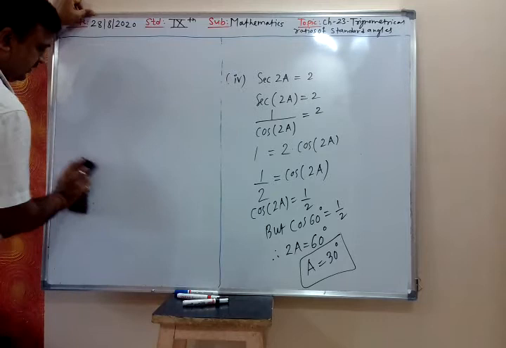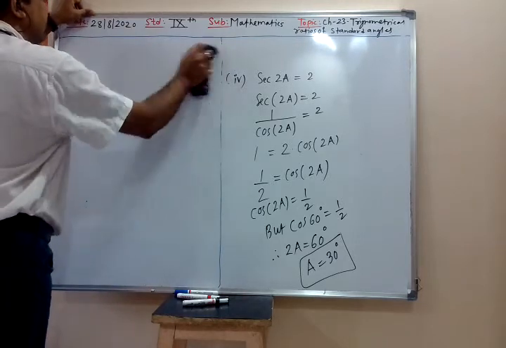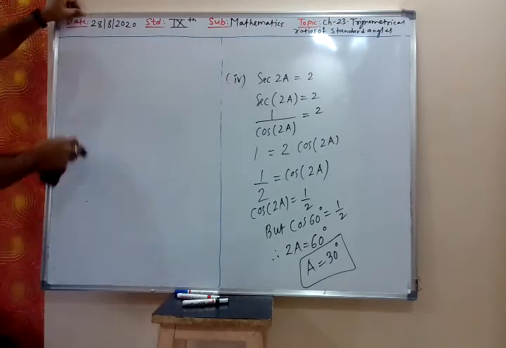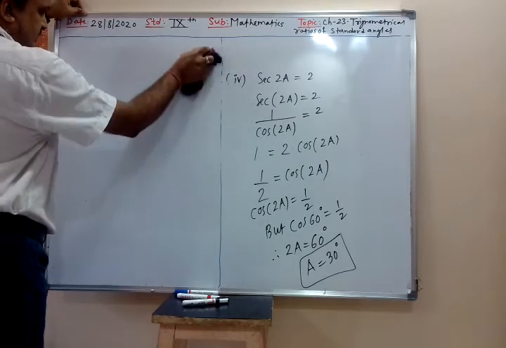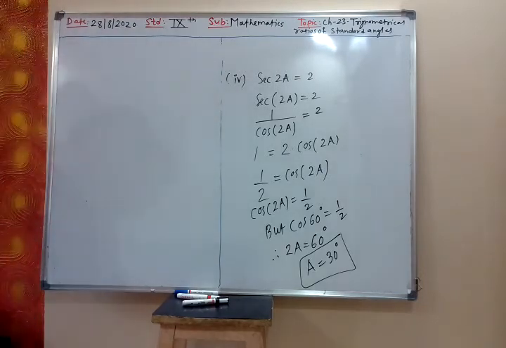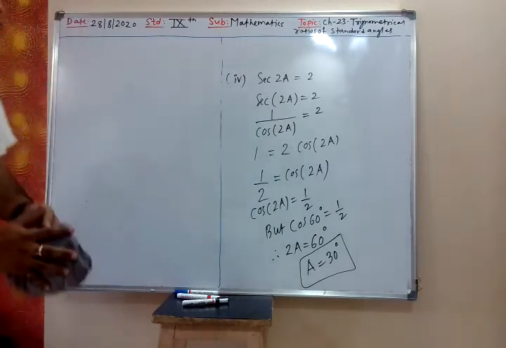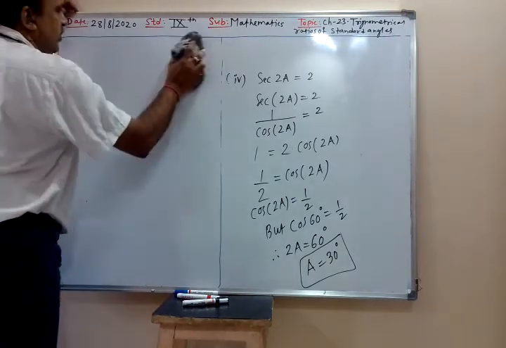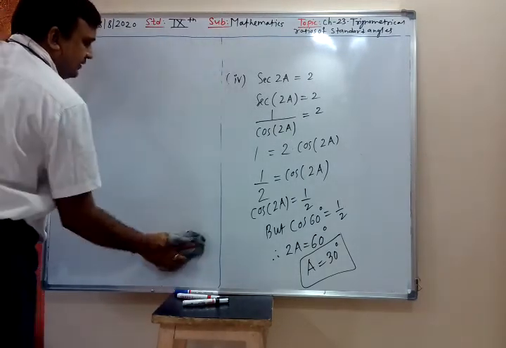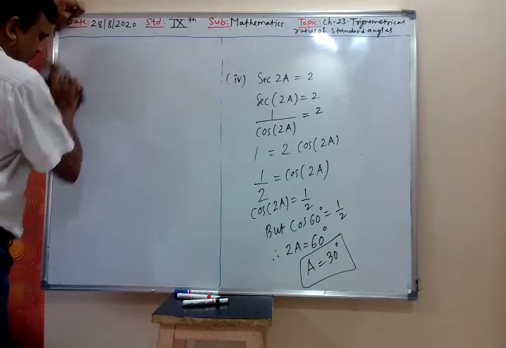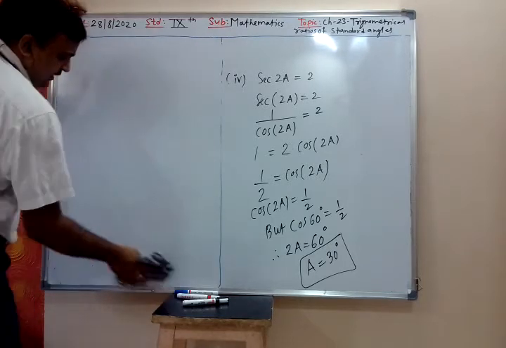Cot. So you remember the table for sine, cos, tan, and for cosec you take the reciprocal of sine. For sec you take the reciprocal of cos, and for cot you take the reciprocal of tan. That you remember. So you don't have to remember the table of sec, cosec and cot.